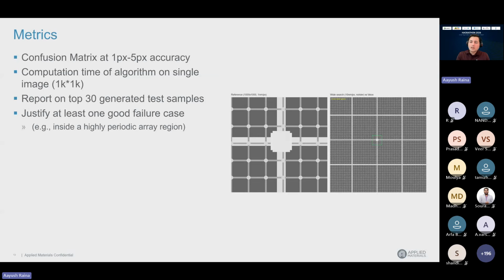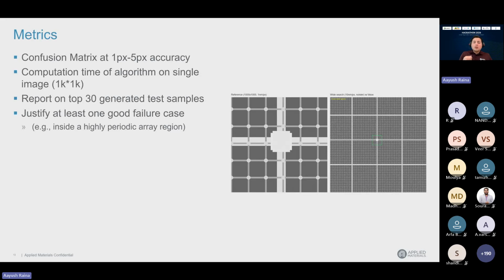As an algorithm engineer, everybody wants to justify their algorithm, and we want you to express it in the same way, saying why your algorithm is unique and different, or maybe very robust compared to others. This is very important: justify your top 30 samples with your augmentation and your results on them. We don't care whether the results are average or bad, but if you've generated very good data, that is also a very good property. It is a very much needed skill for somebody working in the algorithm domain to create a dataset which is very challenging.